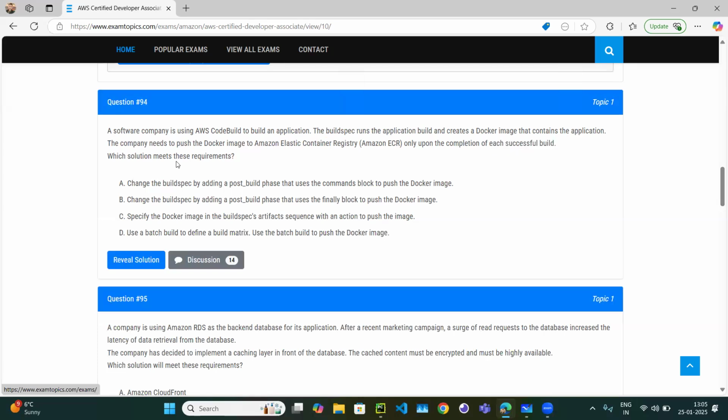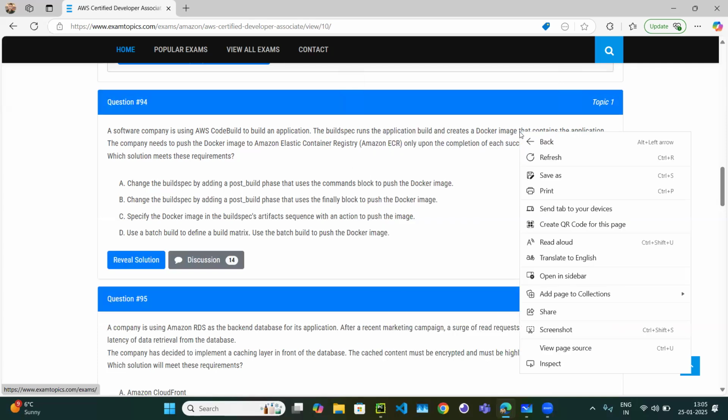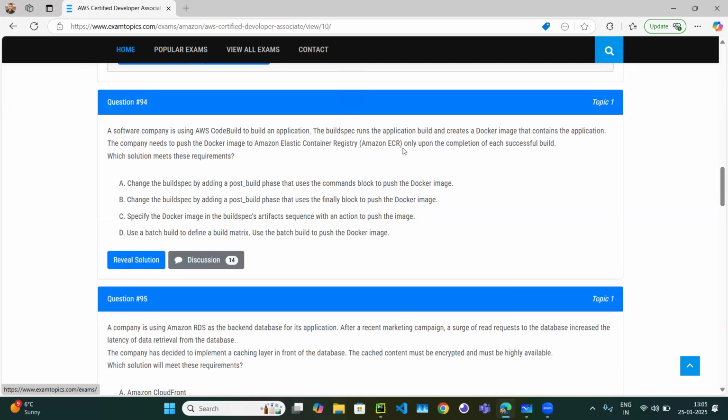What should the company do? In the buildspec file, you just have to add an extra step. After the image creation has been done, just push to ECR. So basically, you need to modify the buildspec. Change the buildspec by adding a post_build phase that uses the commands block to push the Docker